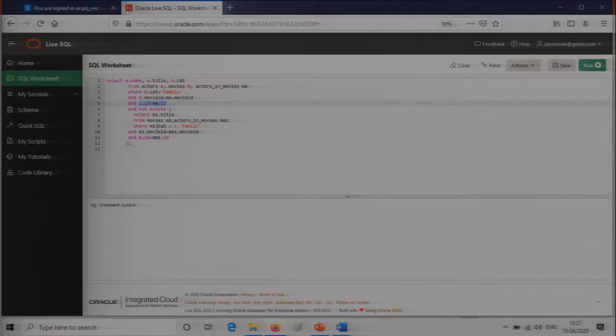Okay. And then I have to select, from that list, those that do not exist, where category is not equal to family should not exist. Okay, so that has been extracted out.